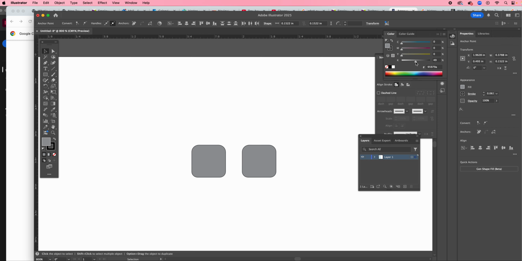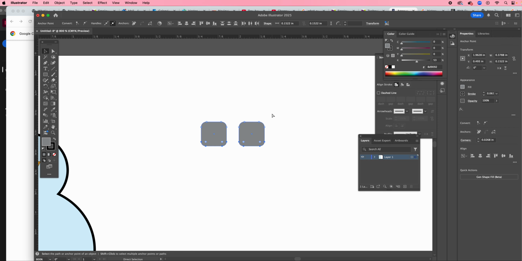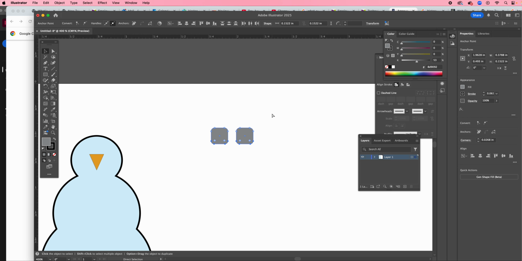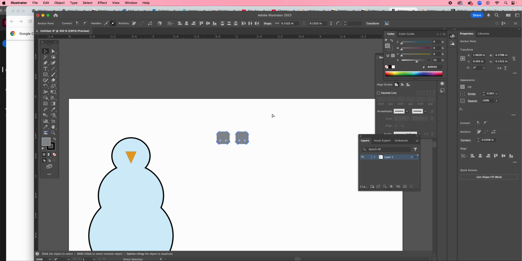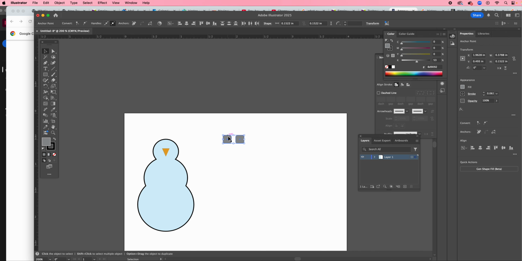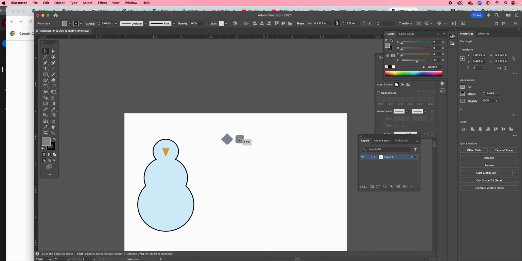So maybe a little gray. There we go. To zoom back out, I'm going to press Command minus. These are still selected, and I want to move them on to the face. They kind of look like sunglasses, so I need to scale them down a little more. Even with the selection tool still selected, grab one of those white corners on the bounding box, hold Shift,